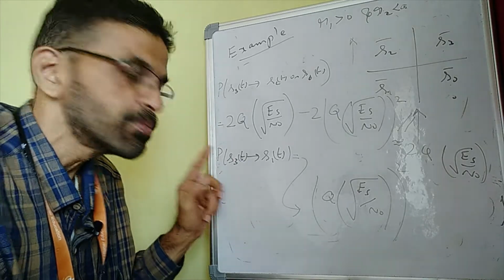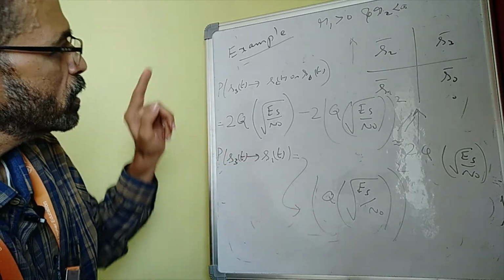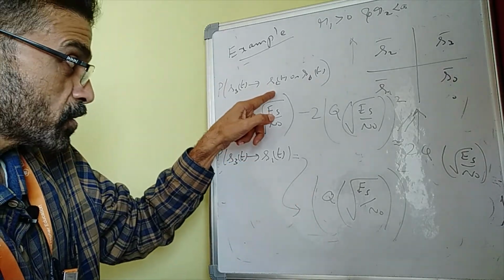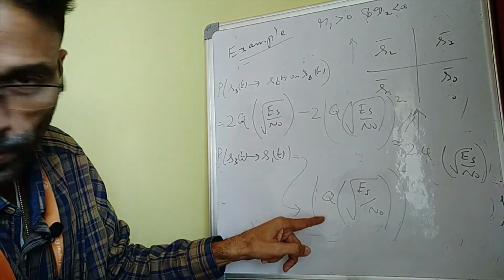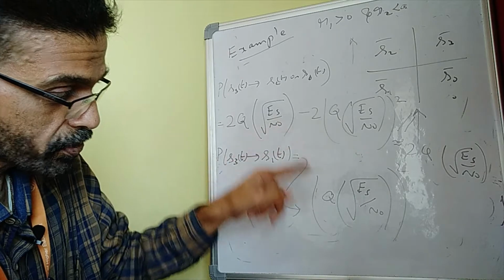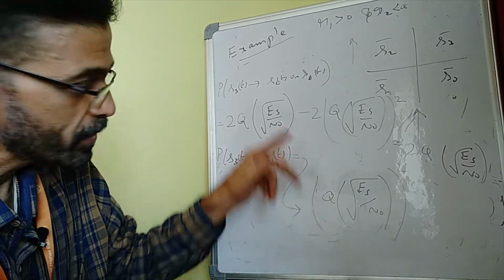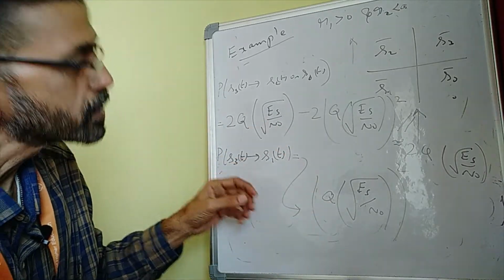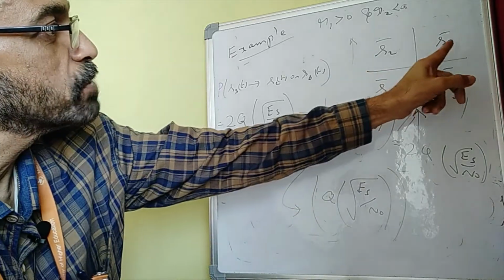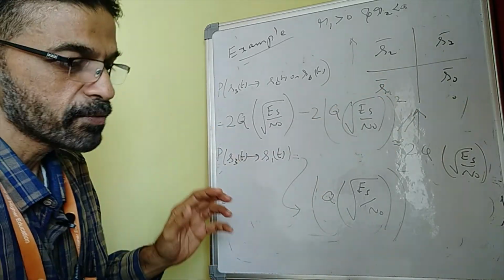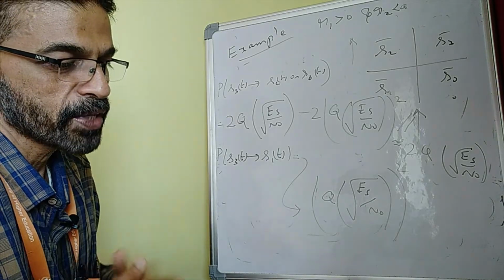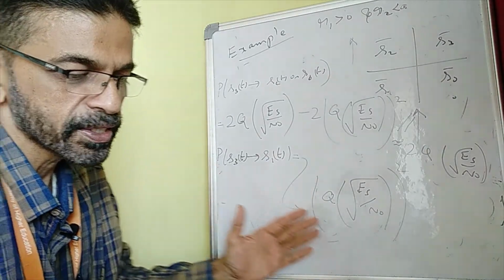The probability of S3(t) being detected as S1(t) is this. S3(t) being detected as either S2(t) or S0(t) is this, which is larger than this. This is smaller than this, so this probability is smaller. S3(t) being detected as S1(t), that probability is smaller, which means that when you look at a QPSK system and the errors that are going to happen,